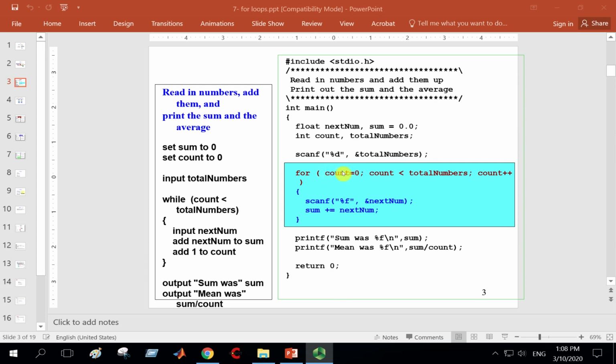As you see this is initialization. That means this line will be executed once only. Then check the counter value. Is it less than total numbers? If yes, scan next number, save it to next number, sum plus equal next number. That means sum equals sum plus next number. Then come back again, add 1 to the counter,